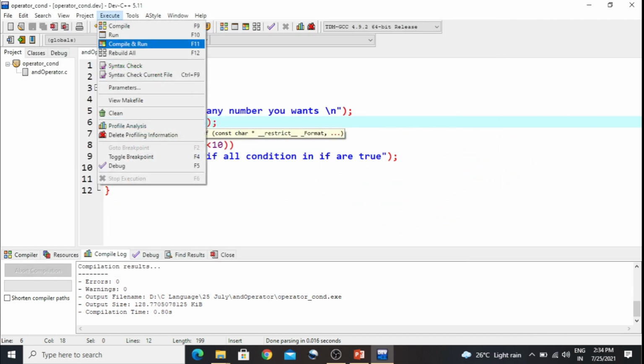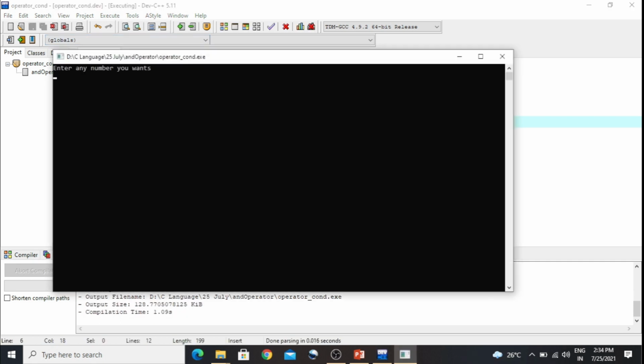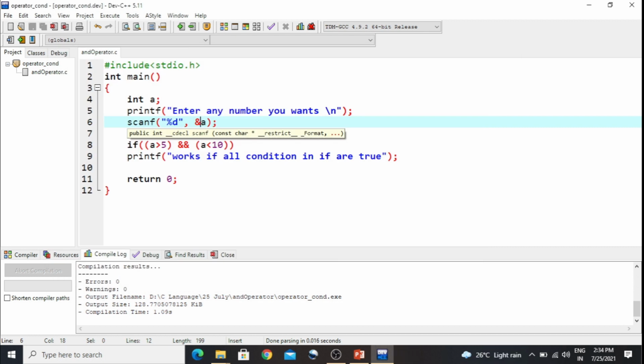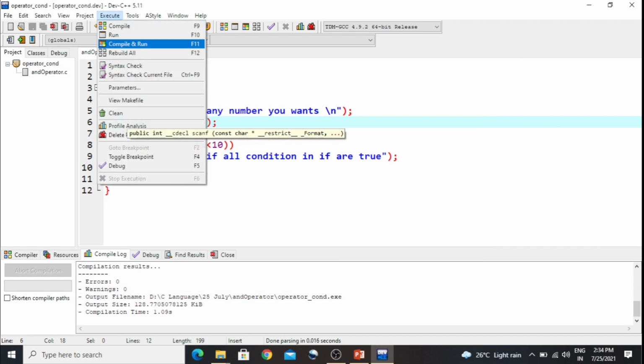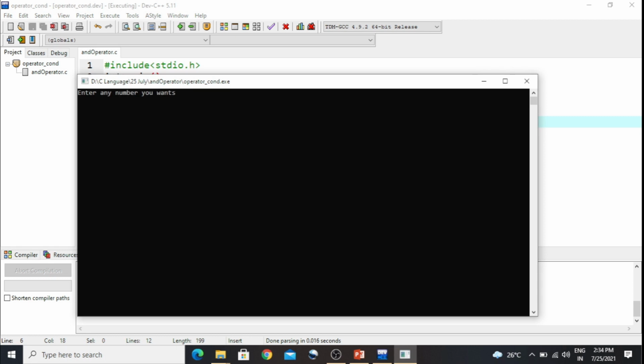Suppose I run it again and enter a number which is greater than 5 but not less than 10, suppose 25. It will not execute the statement. Similarly, if the first condition is false and the second condition, less than 10, is true, again it will not execute.